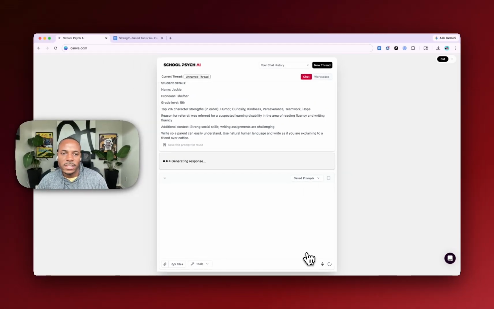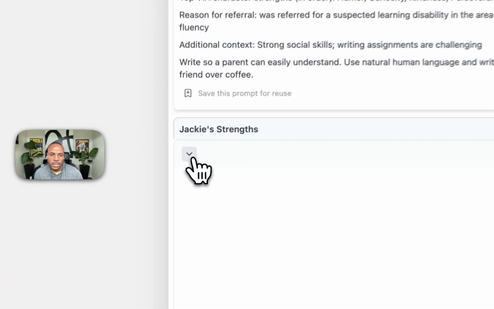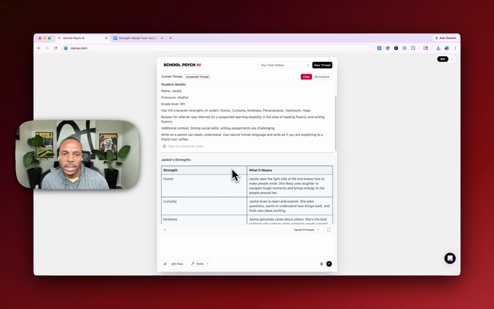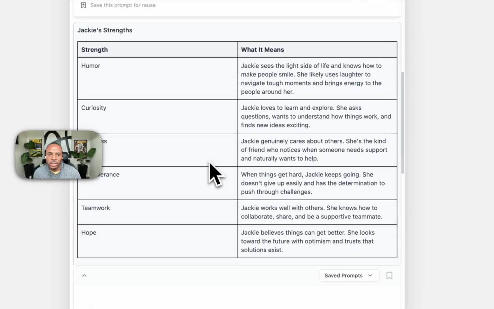What I love about the last part of that prompt, write so a parent can easily understand, use natural human language, and write as if you're explaining to a friend over coffee, is it really breaks it down, and then Sophia will explain it plainly. I'm going to minimize this, and in just a few seconds, you see Sophia has done exactly what we've asked her.